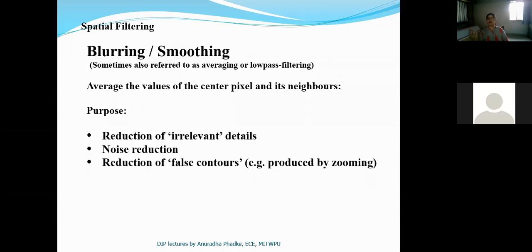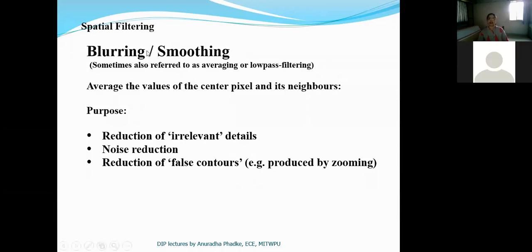Basically, as you go on zooming the image, it gets a blocky nature, or there are false contours. To reduce the effect of these false contours, we can apply smoothing filters on the image. So these are the reasons why we use smoothing filters in image processing.